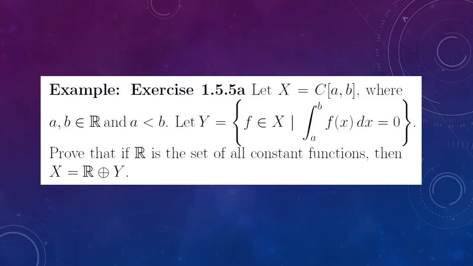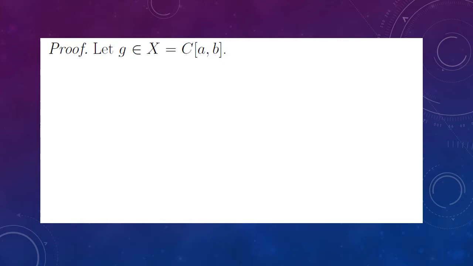So it's curious that we end up getting a sort of one-dimensional object, and this takes care of all the other dimensions of continuous functions. Let's see how it works. So as a proof,